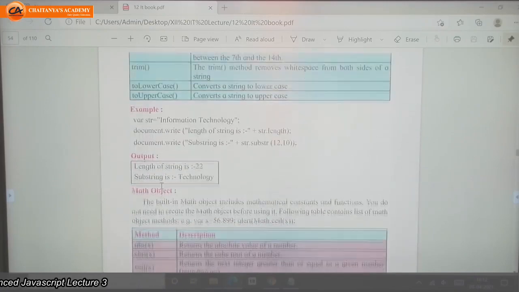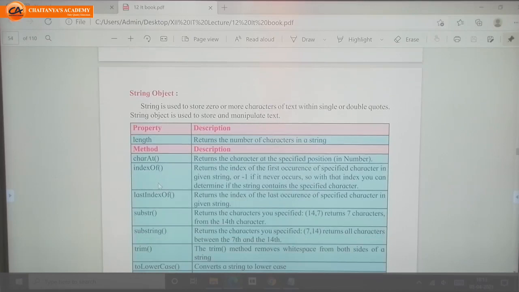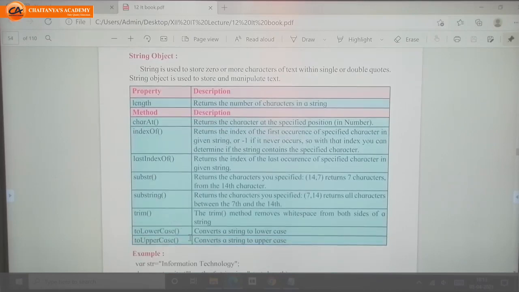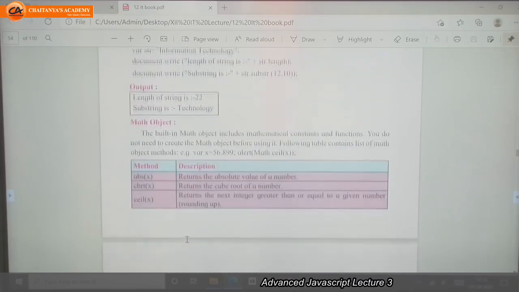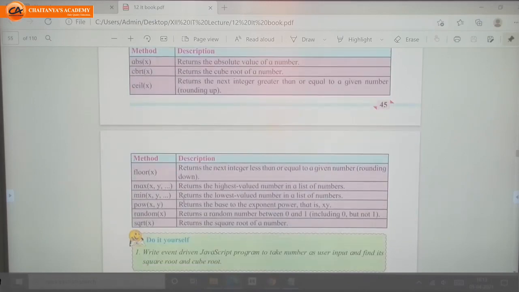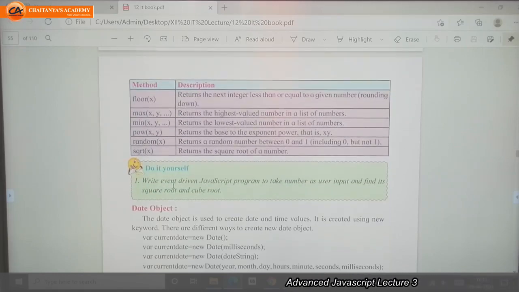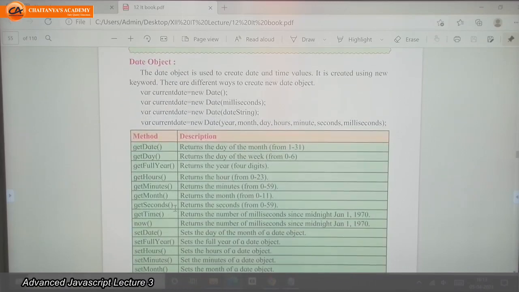So whatever the methods, you just go through them. You have to keep the names of the methods in mind. This is important for you. Once you go through this, you will get to know. You don't need the use of these methods in detail, but for objective purposes you may get questions on these methods. So you have to go through this at least once. The names of the methods explain themselves.